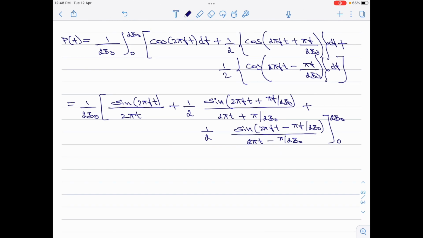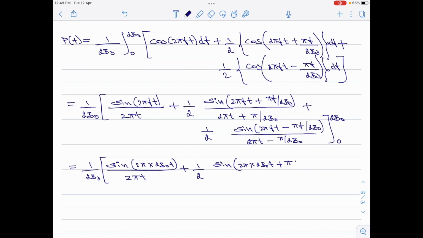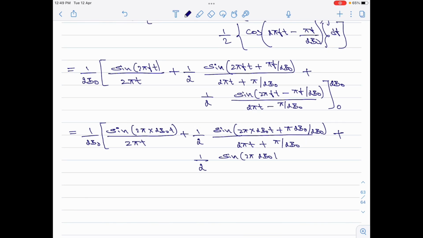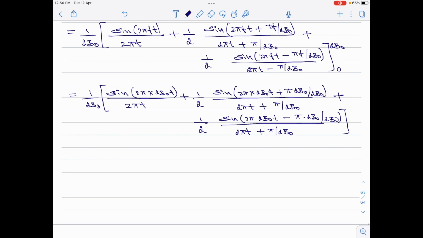Let us now apply the limits. Wherever there is an f, you substitute it by 2 b naught. So, this would become, let us now simplify this. This is equal to,